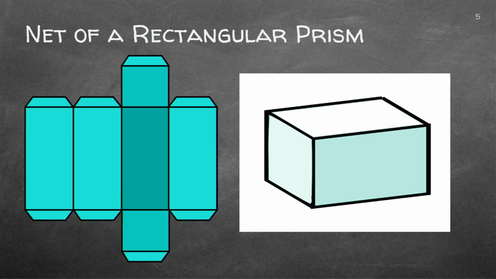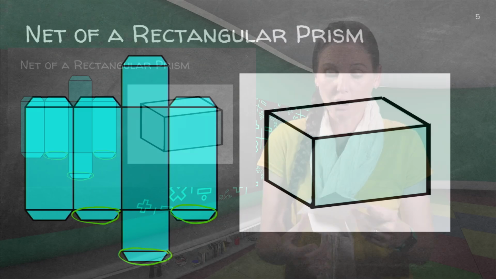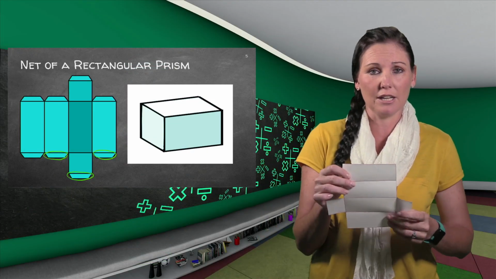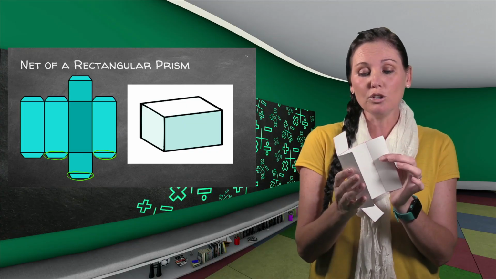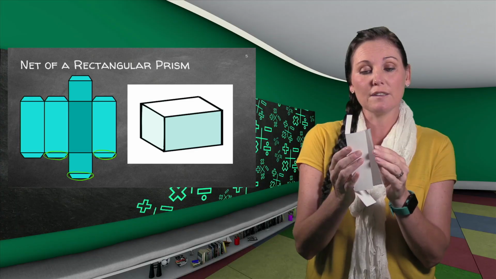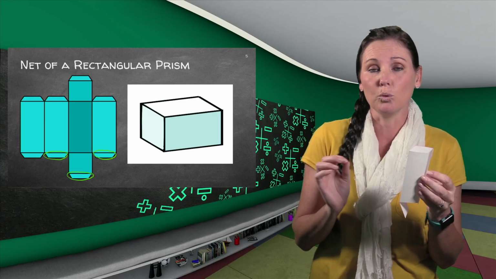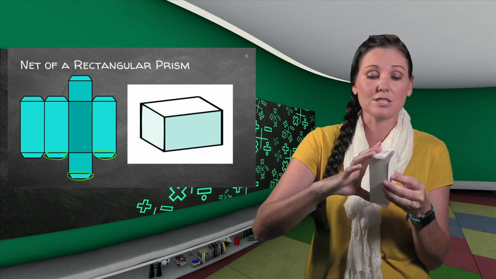Here we've got a net of a rectangular prism. And now you're probably thinking, but what's this extra on the side? This is for when you fold it. I don't have it on mine now, my rectangular prism. They've got an extra piece at the top. It's for when you fold it, you can close it there and stick it together so it will be a rectangular prism that stays closed.